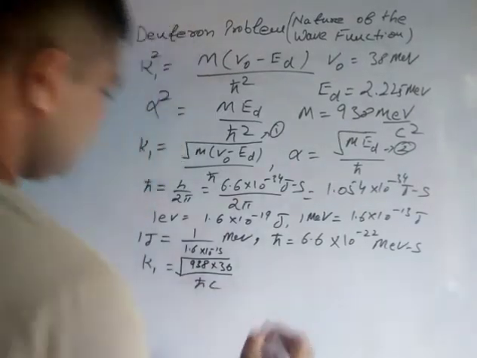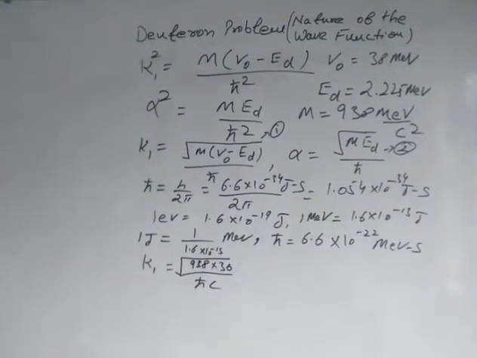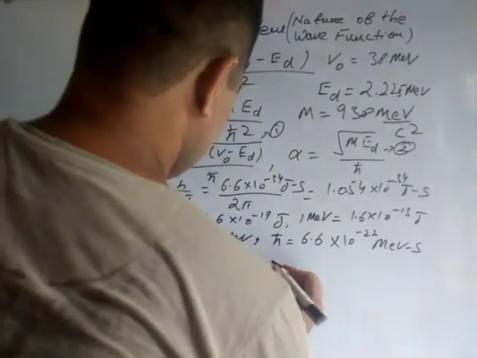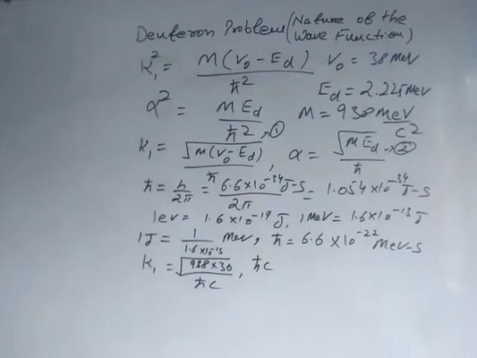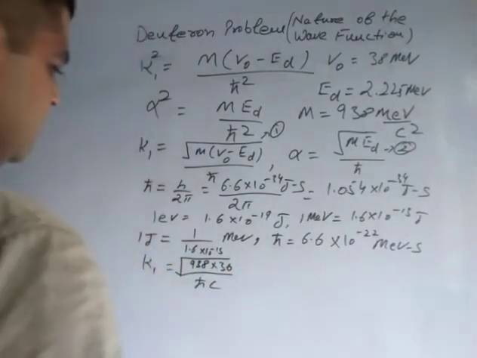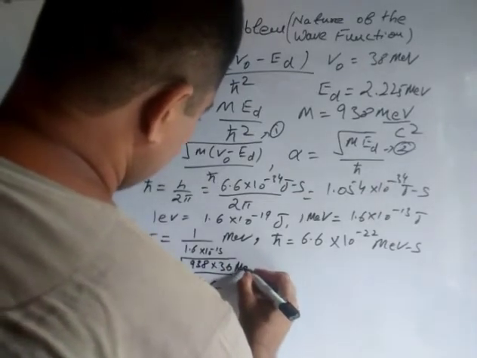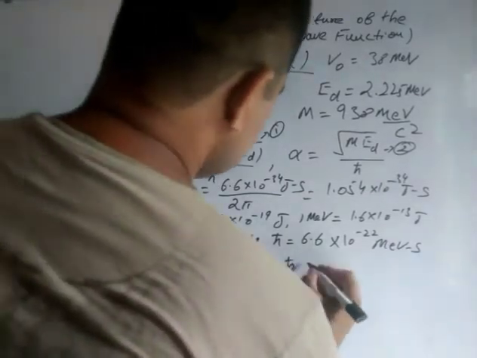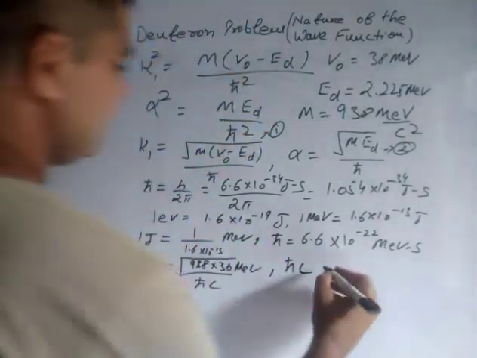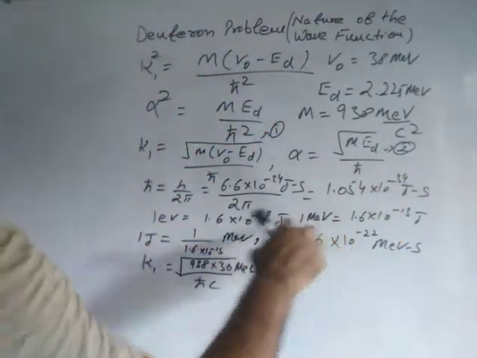H cut C. Okay, now this H cut C you can calculate. When you do the calculation of H cut C, since this is under the root, the unit will be mega electron volt. Now what is the value of H cut C? Because H cut is a constant and C is a constant, H cut C will be